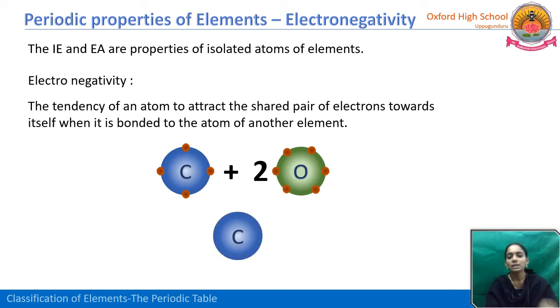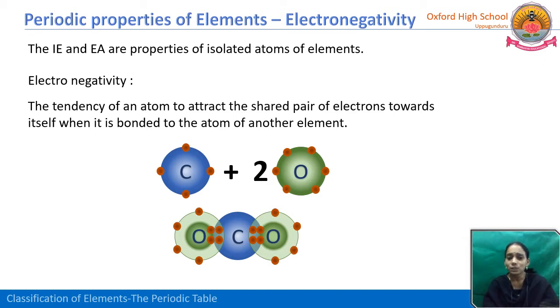Let us see how this carbon is sharing its 4 electrons with 2 oxygen atoms, whereas each oxygen is sharing 2 electrons with the carbon atom. Altogether, count the electrons in the outer shell. One oxygen has 8 and the other also has 8 electrons, whereas carbon also has 8 electrons. So all three together are following the octet rule. That means they are very stable. This is how these atoms are sharing the electrons.